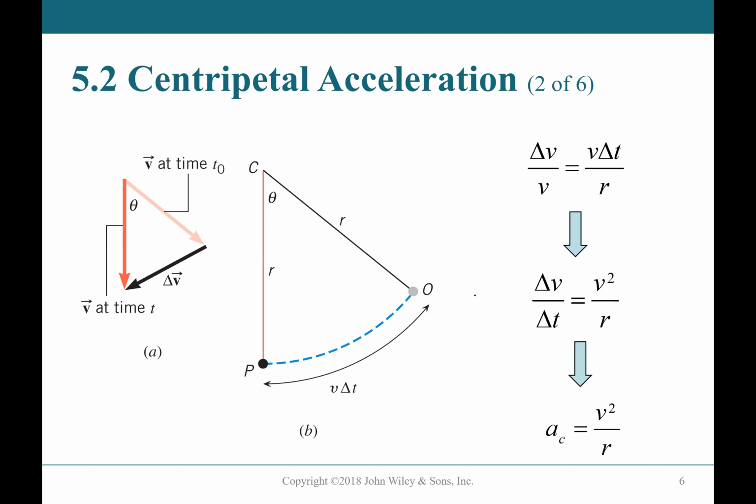his derivation, what he basically wants you to know is that an object that is moving in a circle has centripetal acceleration, that is the ratio of the change in speed to the change in time. And the change in speed, he related to this triangle and its radius r. So when we compare this, we will see then that delta V by V, in other words, the change in delta V,